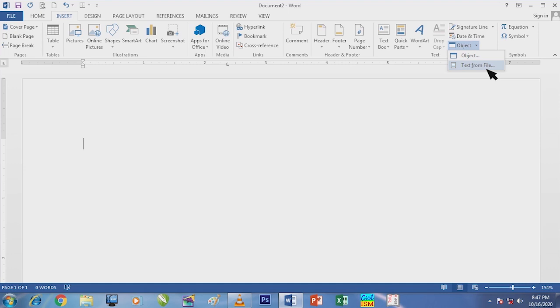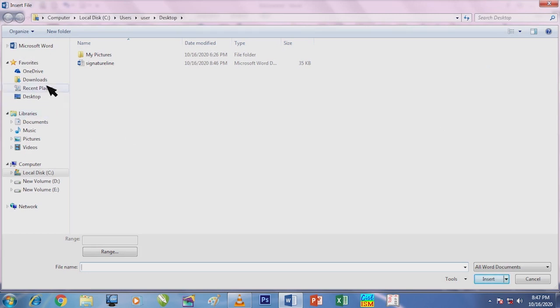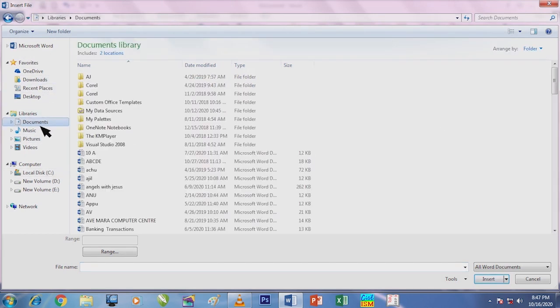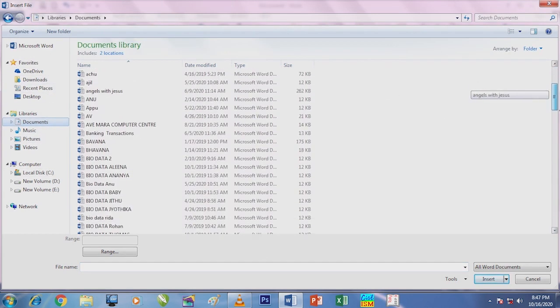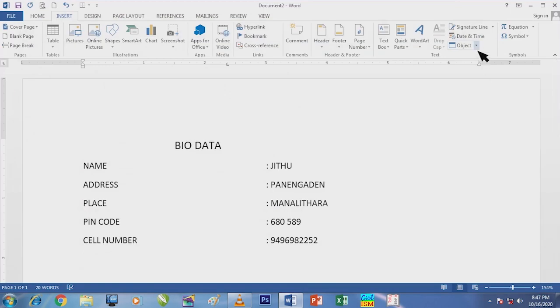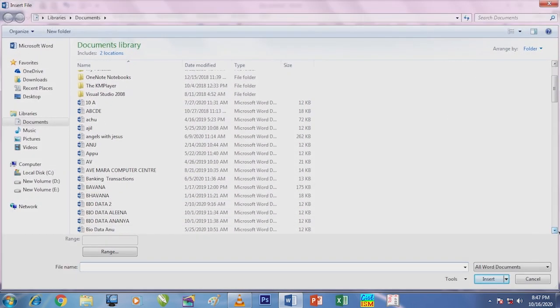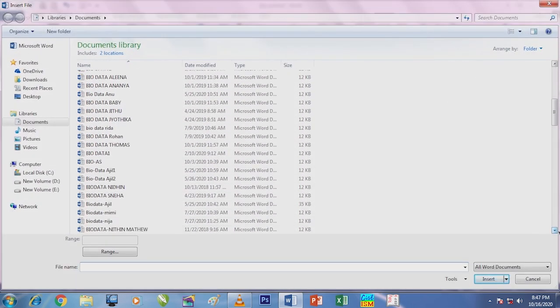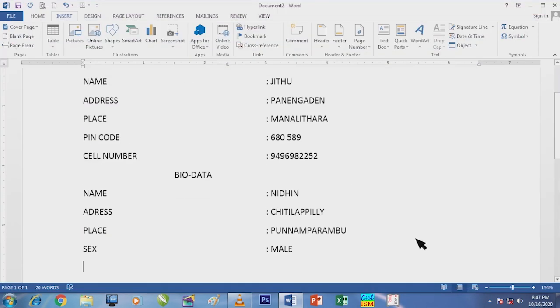I click here and I can place. I go and choose that file. I choose that document and insert. Again I want to insert one more. I go to another Word file. I take that and insert.